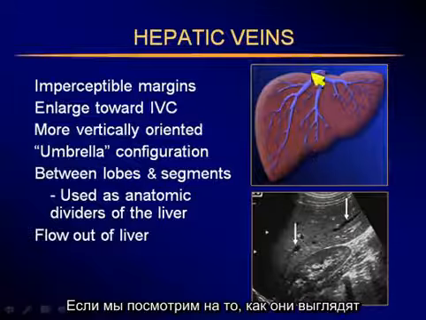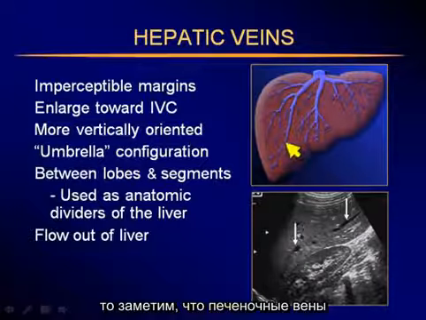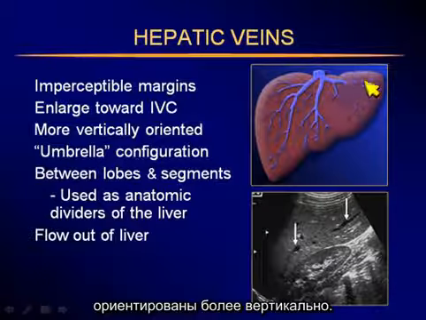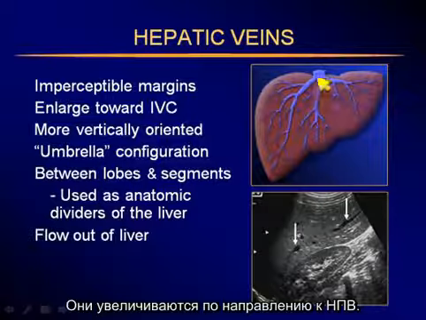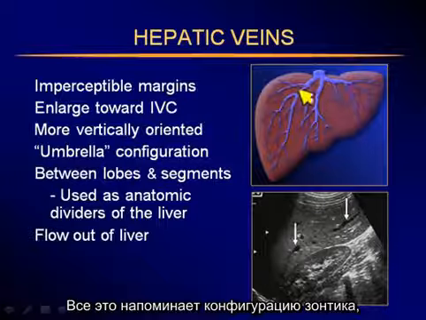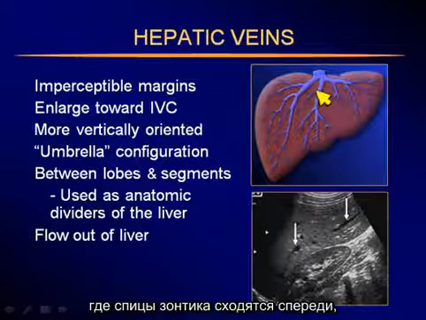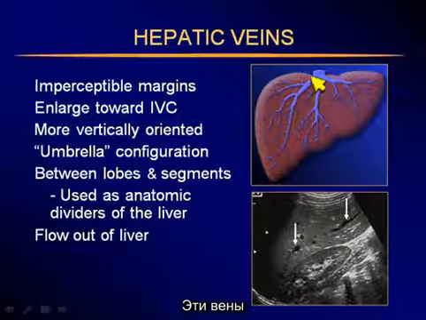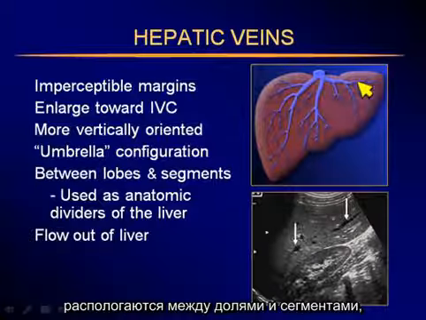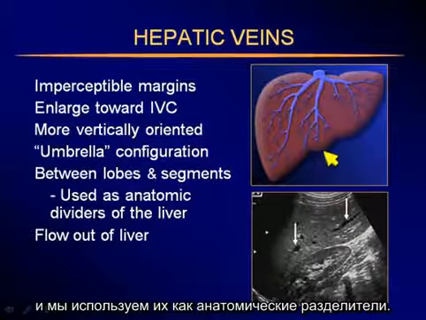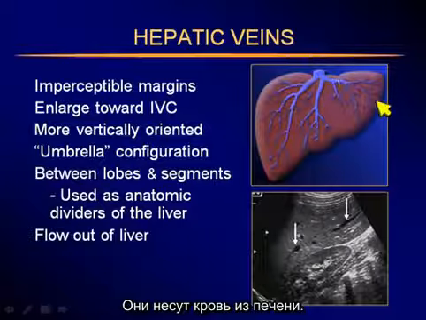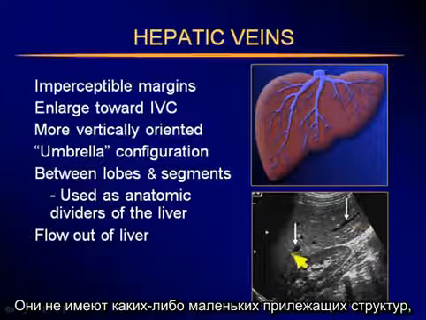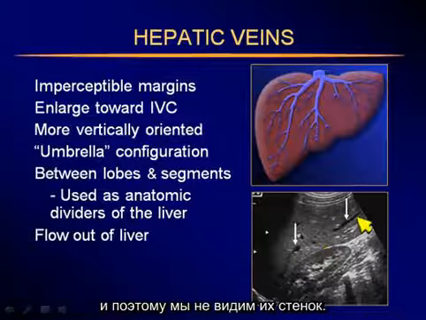If we look at what they look like by configuration, they're more vertically oriented. They enlarge towards the inferior vena cava, and they actually have sort of an umbrella configuration where the spokes of the umbrella come together superiorly and the rest of the spokes drop down throughout the liver. Now, these veins are found between lobes and segments, so we use them as anatomic dividers, and they carry blood flow out of the liver. They do not have any other adjacent little structures, therefore we do not